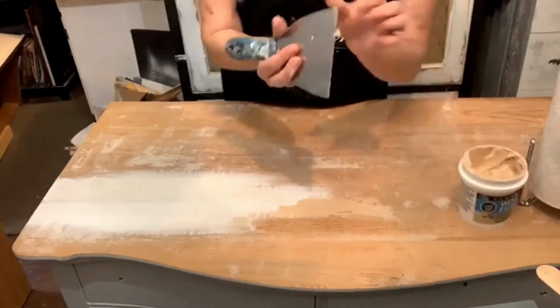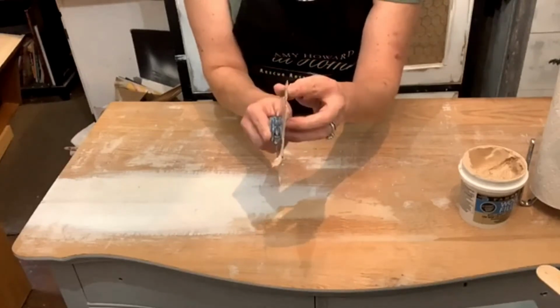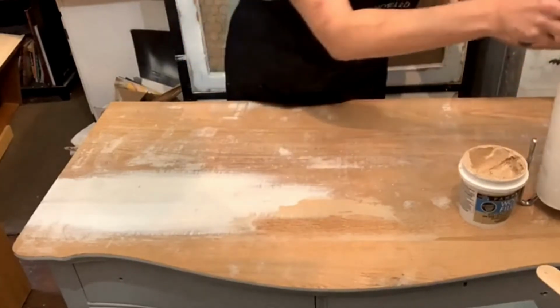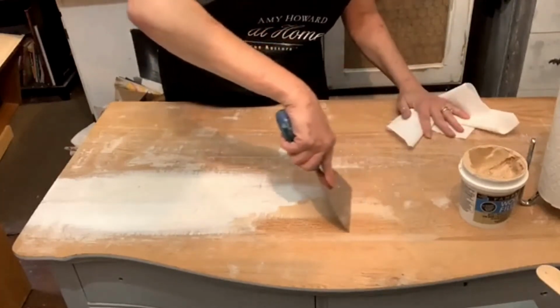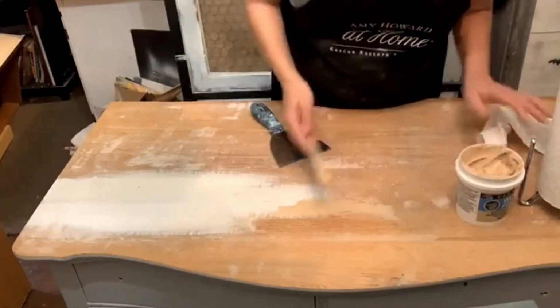Okay. And usually there's a tip on your putty knife that's flat, and then one that's kind of beveled. You want to use the flat side. This is the flat side. So I'm going to wipe off the excess here. Go back, like that. And then I like to go back again